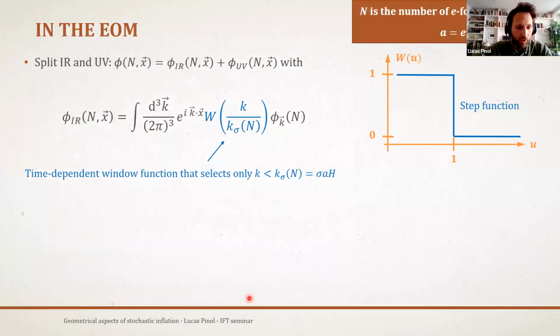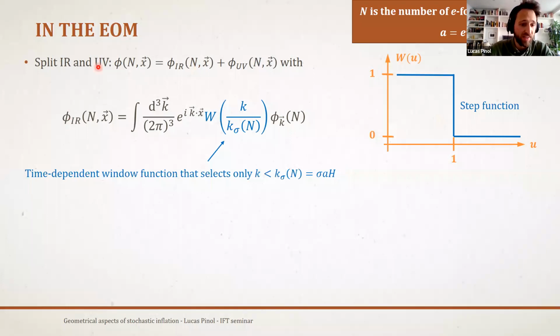So now we would like to go a bit more into the mathematics of these concepts that I have defined here. What we are doing when we split our scalar field into infrared and ultraviolet parts is that we decompose them in Fourier space. And the easiest thing to do is to just add a window function in Fourier space to separate the small and the large scales. And here, small and large are defined with respect, again, to this cutoff K sigma, which is proportional to the co-moving Hubble parameter. So the easiest thing you can think of is just a step function, which will select the smallest wave numbers for the infrared part, for example.